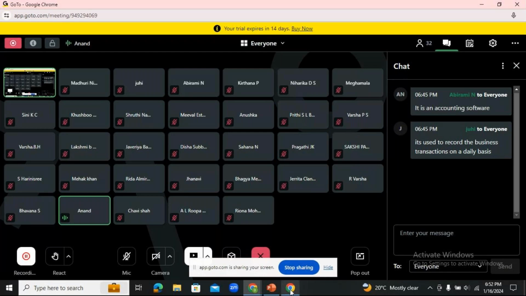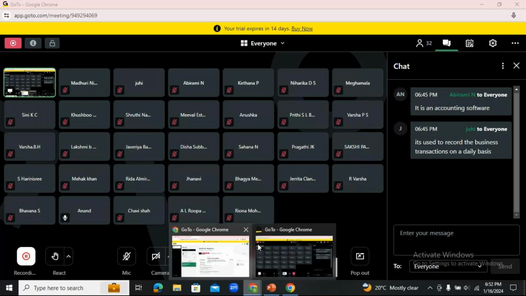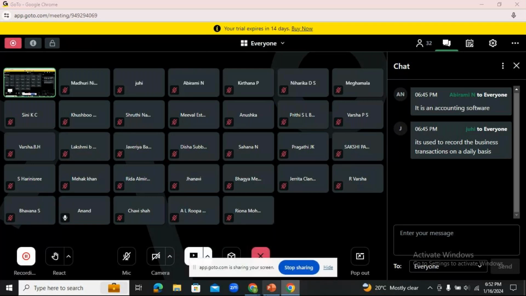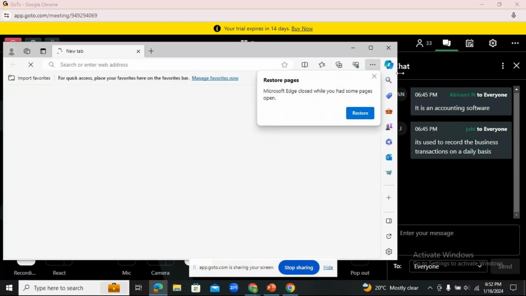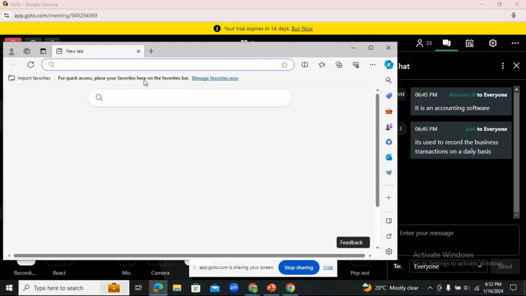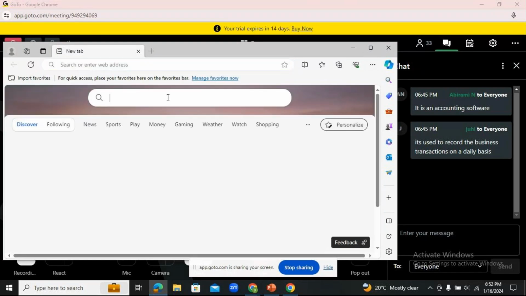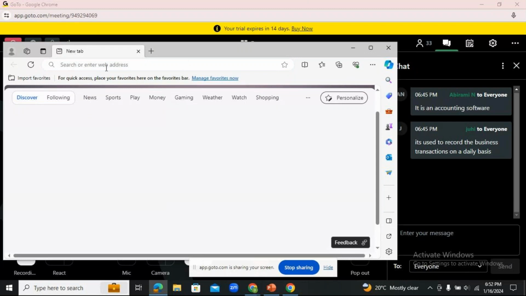Right. So what you need to do is, in the search engine of your Google Chrome, you can just type TallyPrime download.